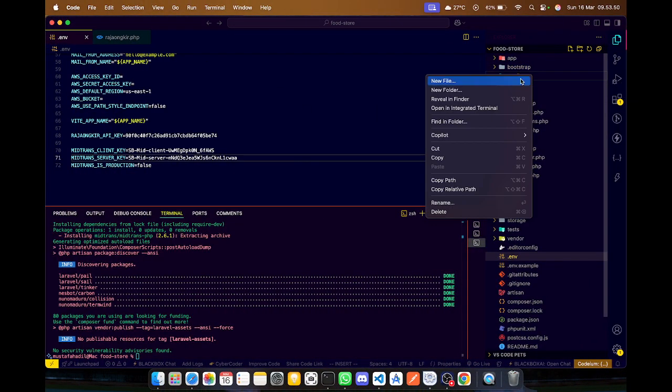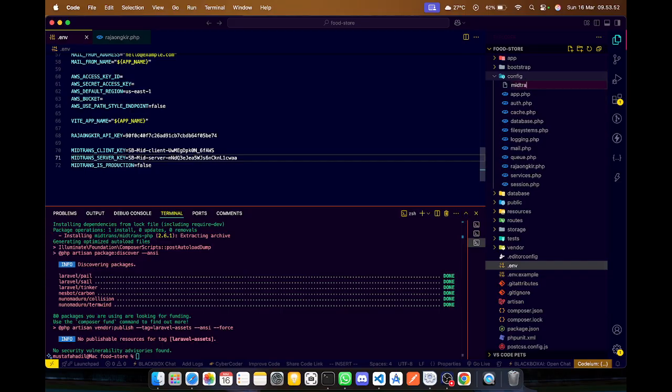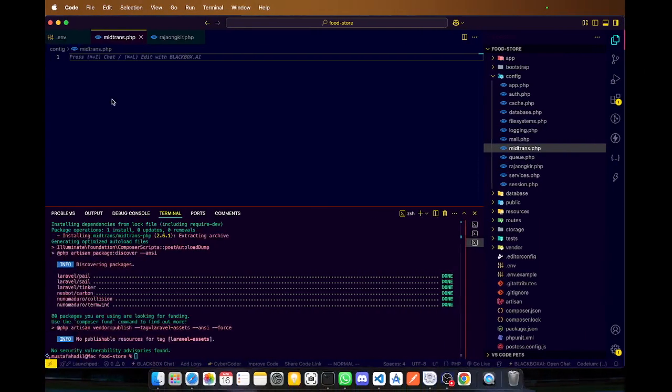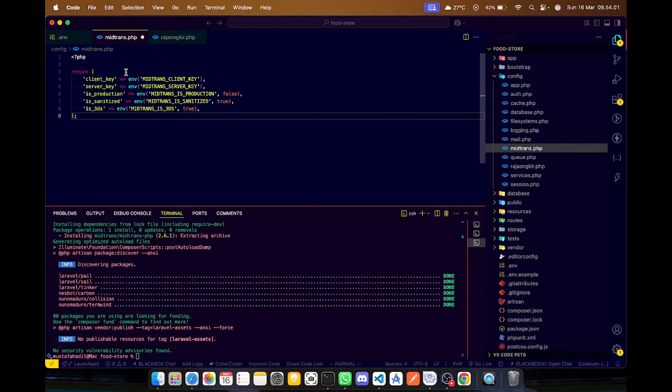Okay, we build midtrans.php like this. This gets the API key from the env file, and this is for the API of your Midtrans client key.